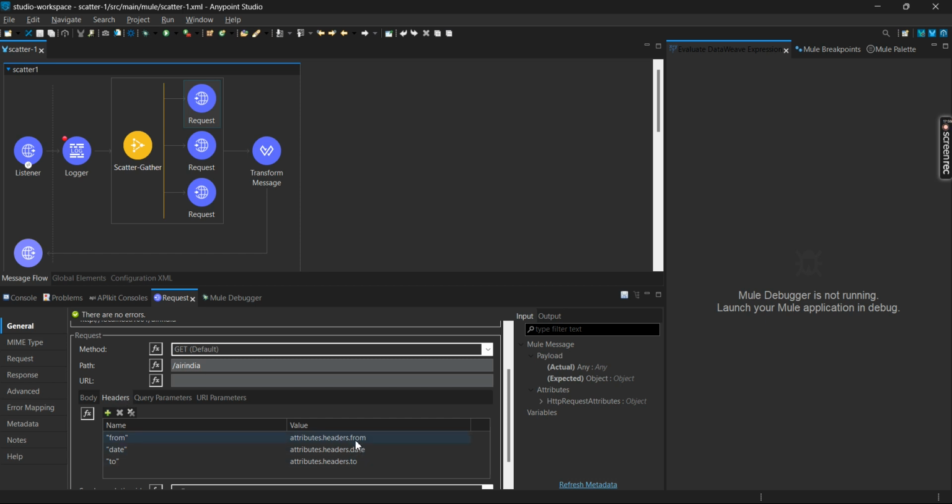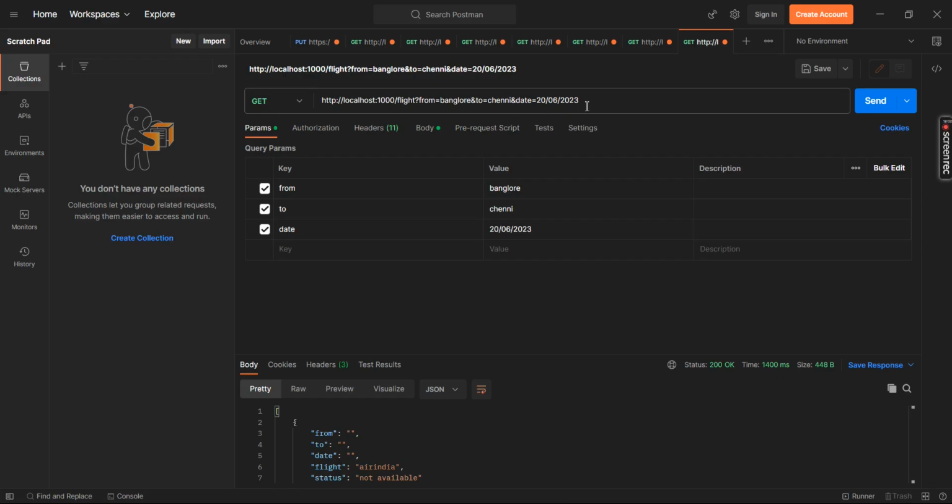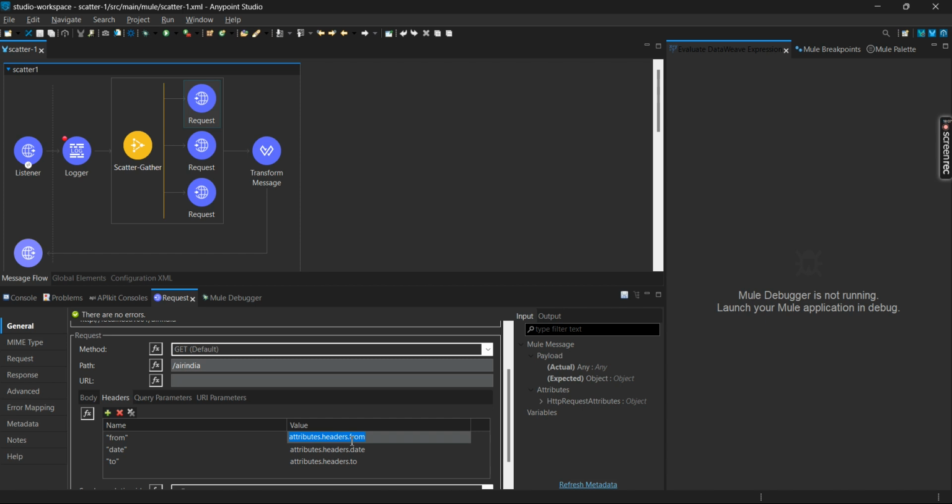Even myself I made the mistake, right? See, actually we are sending parameters through query parameters, right? But you have mentioned headers, right? So query parameters. Query params, right? So I just copy this part only, Control C,